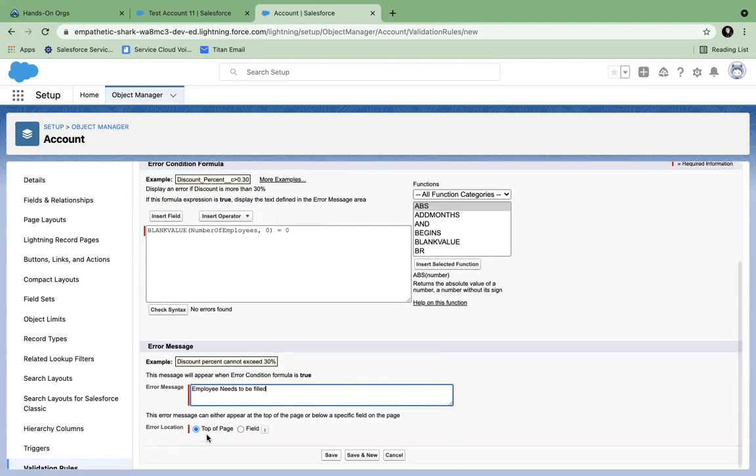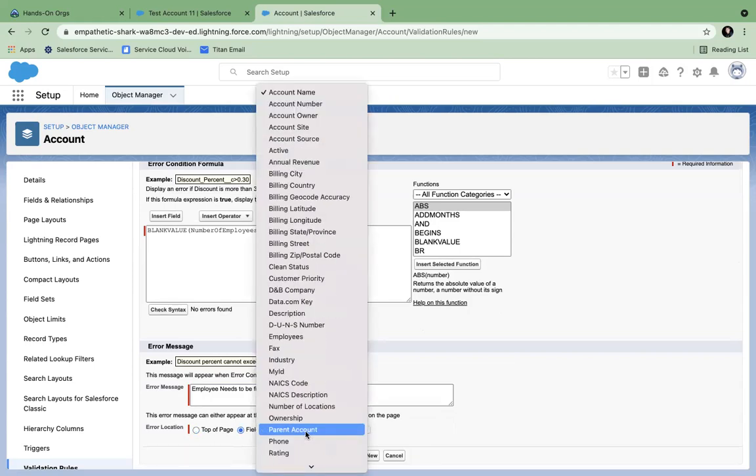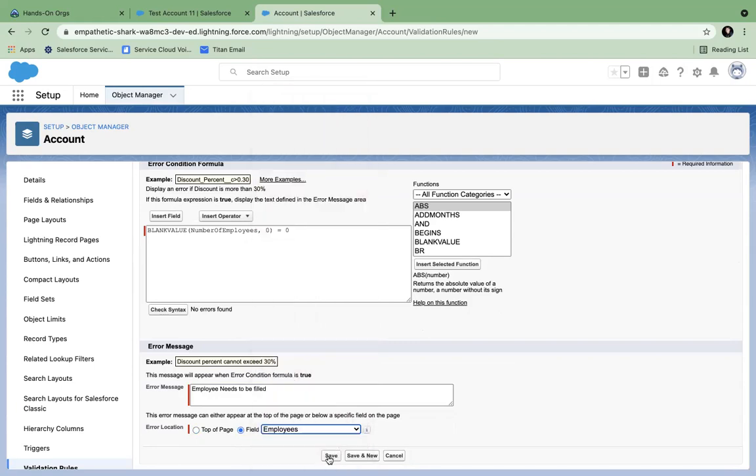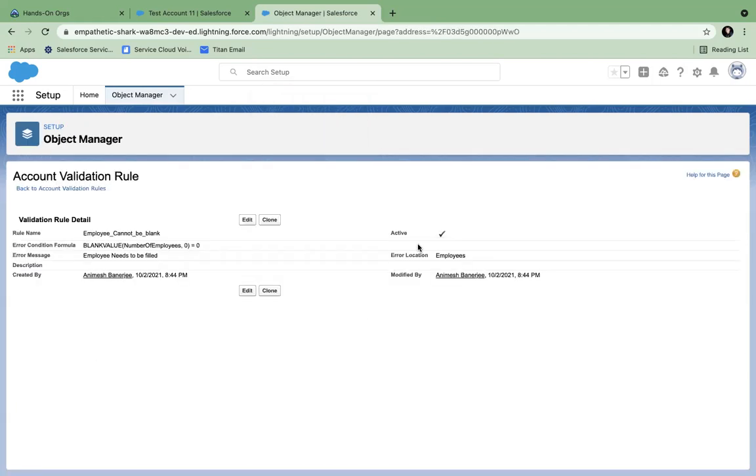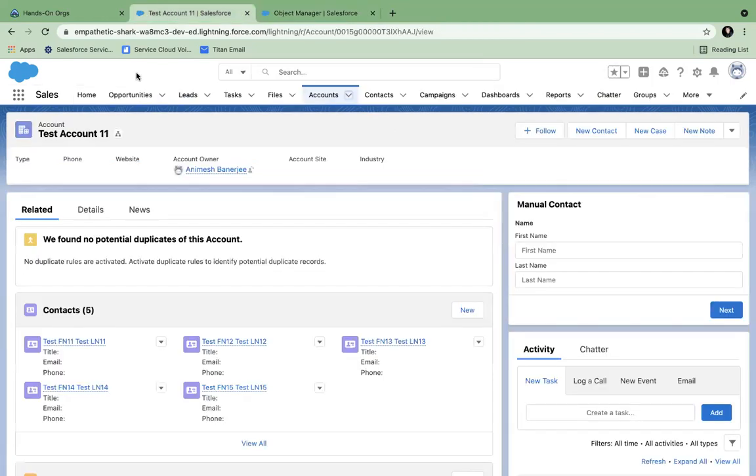I can show this error message on top of the page, or I can show it just beside that field. Just save it. When we save it, it is already activated. So let's test this now.